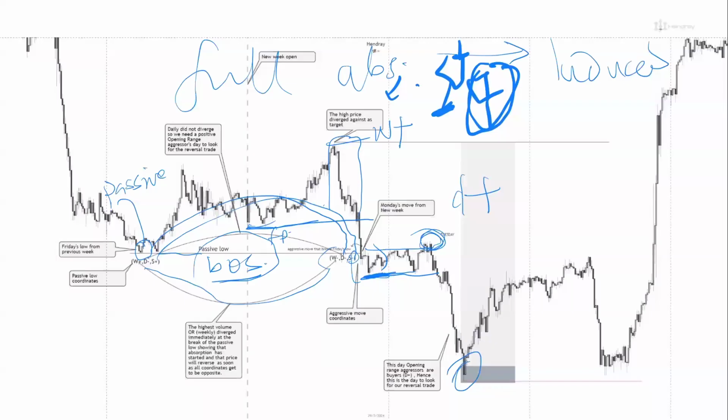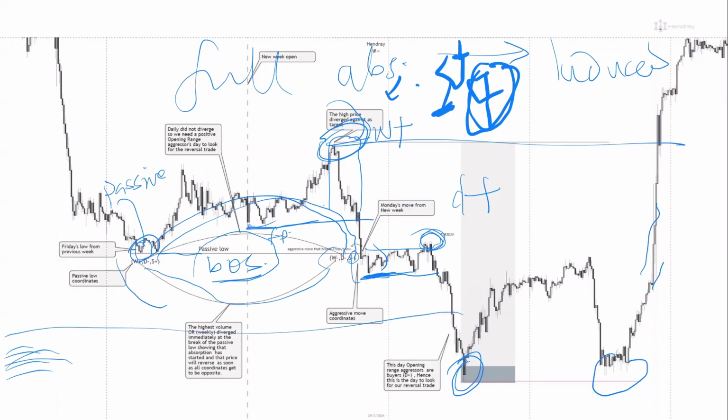I held that buy from this particular day into the next day, and FOMC happened here, and I did not even get moved at all because I know exactly where price is going. Where? This. Because this low is what creates this high. Though I have not explained that, I will be explaining that under external divergence and internal divergence. But your target is this high, not the overall, because this was internal divergence. Because some certain low that was later raided by this move is the one that can cause external divergence, that is complete reversal. For this, it was just internal relationship, just to come and raid this low. So there are differences between the two.